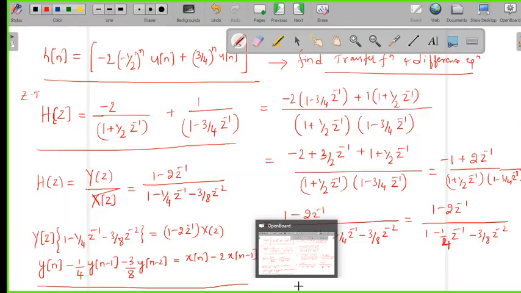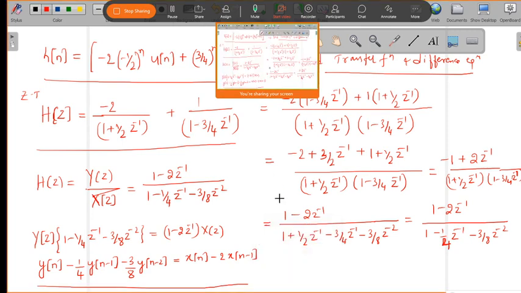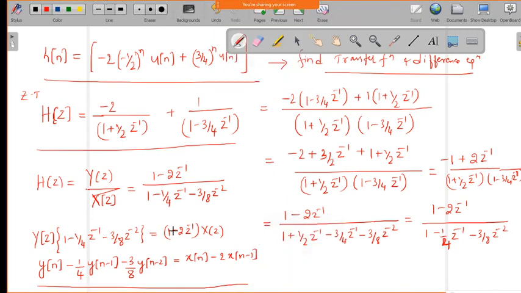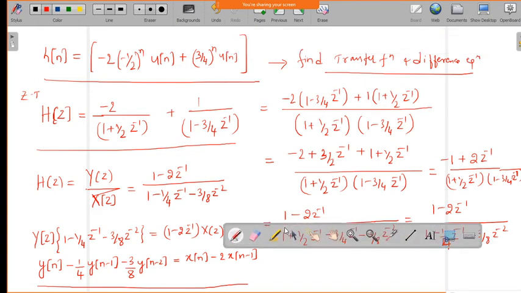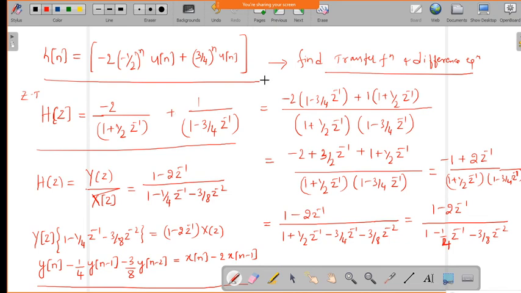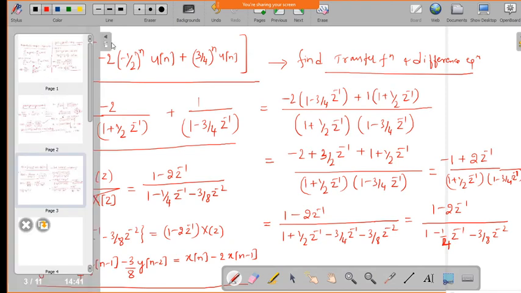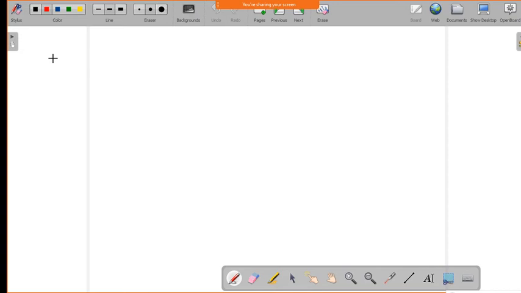Okay, so now we will go for another concept, that is the power series expansion method. Say, for example, if the ratio of polynomials, the z polynomials, is more than 2 or 3 terms like that, then it will be a very tedious task to find either the difference equation or even the z transform and inverse z transform. So in that situation, we preferably go for one more method, which is called the power series expansion method.